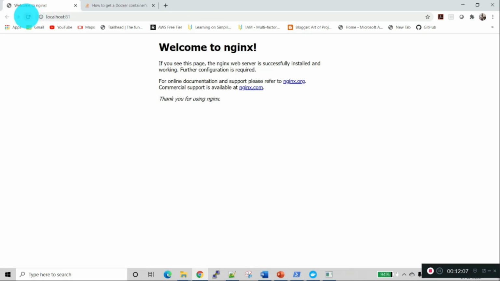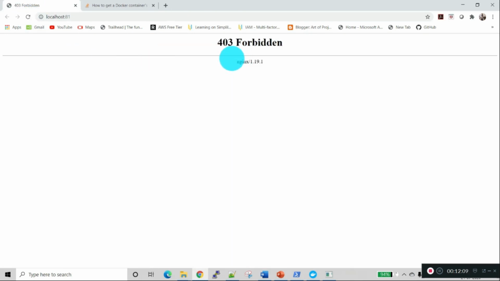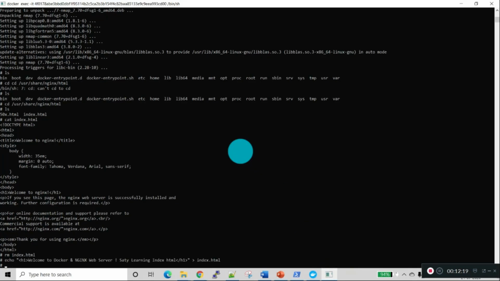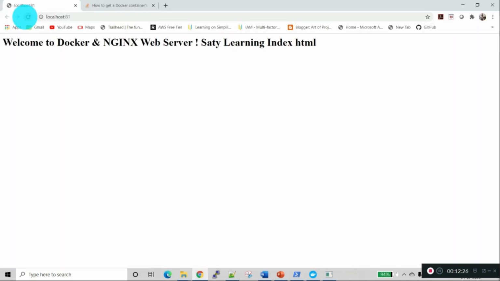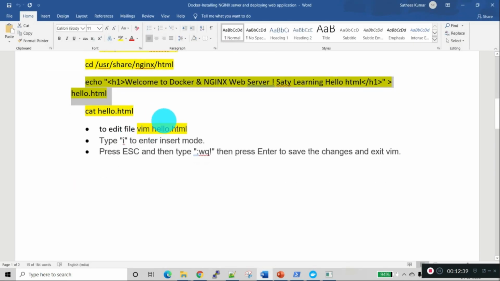Now when we refresh the page, we'll get a file not found 403 error. Okay. Now we have configured the new index.html. Welcome to Docker Nginx web server Satelani index.html. Now we can run the Vim commands also, for example,